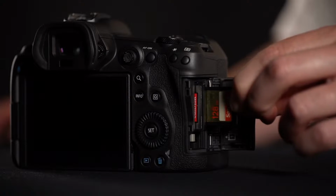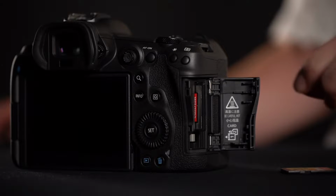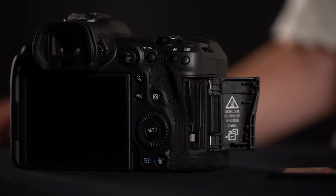I imagine that the file sizes involved with that 45 megapixel sensor really help to dictate what type of memory solution you would be using in that camera. Is that the case with the CF Express? Absolutely. It's a no-brainer that with cameras aimed at this type of clientele, we had to have two memory cards. In the case of the R5, we had to go CF Express in one of those card slots so that you would have a substantial raw image burst rate when you're shooting stills, especially at these speeds. But then on top of that, and we'll get into this shortly, for the 8K video capability and the 4K capabilities,